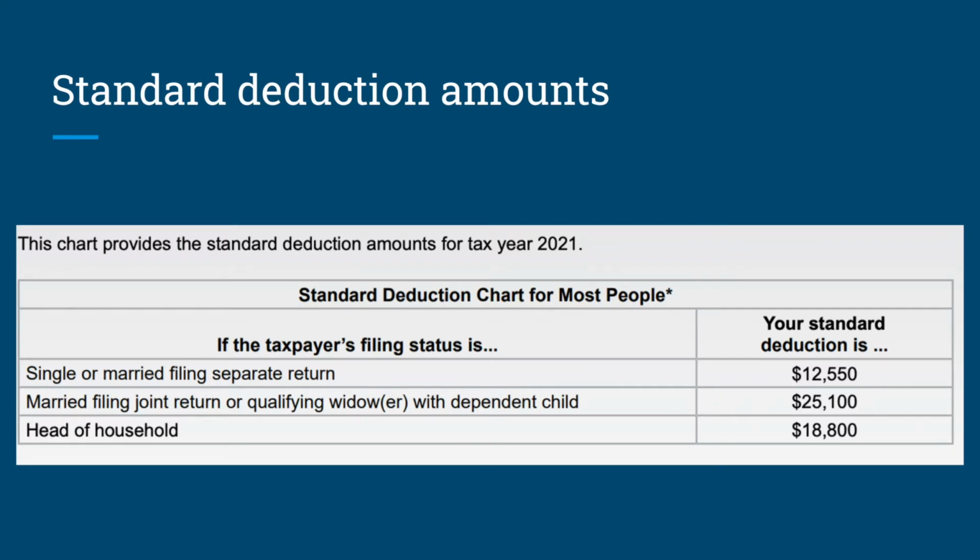And so this chart here shows what the standard deduction amounts are for this year, and you can find this in publication 4012 as well. And you should see here that these standard deduction numbers are very similar to the requirements to actually file a tax return that we talked about way back in one of our earlier lectures, and that is not a coincidence, in fact, because the standard deduction is one of the main thresholds for determining whether or not an individual